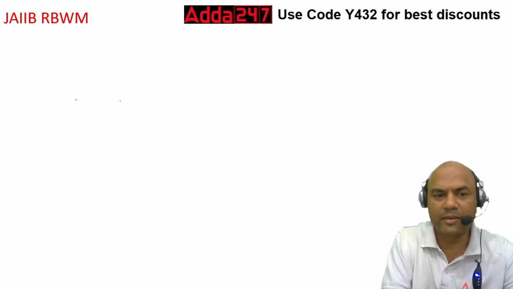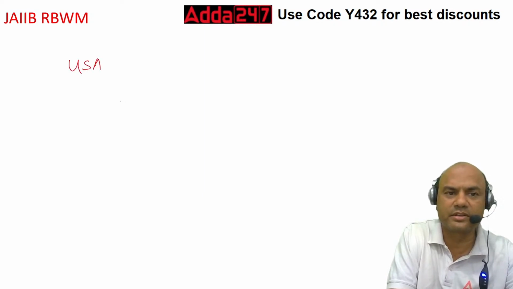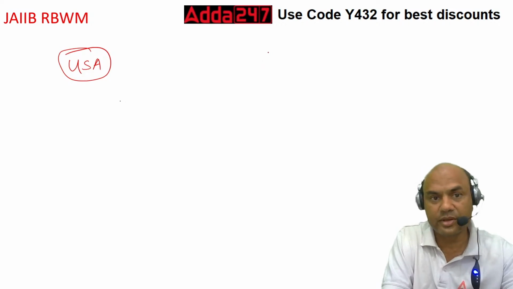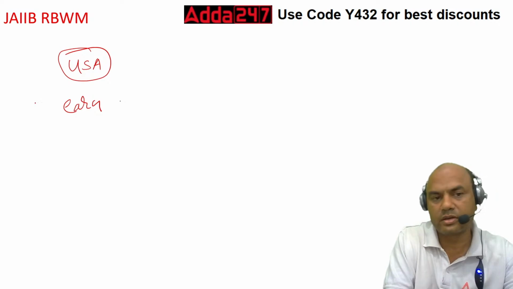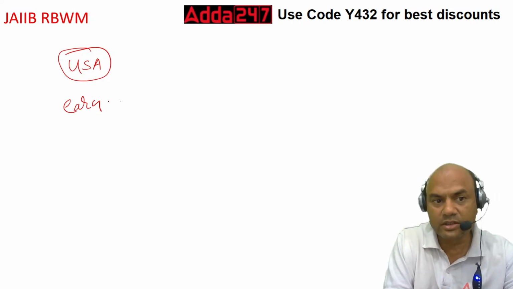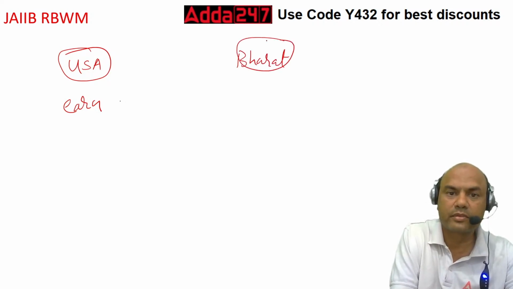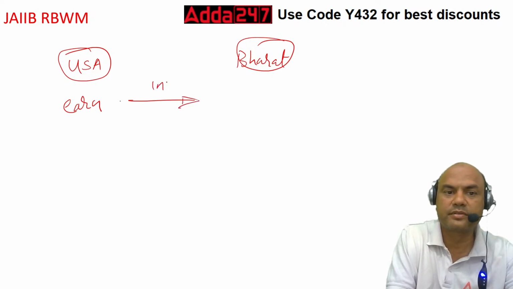See, I'm an NRI. I have worked in USA. Let's say I'm working in USA. I'm right now in USA, working in USA, but I'm an Indian. Okay. So here I'm earning. I earn over here. So this earned money I have to invest in my country, Bharat. I have to invest it over here. Okay. So I'll invest it over here.